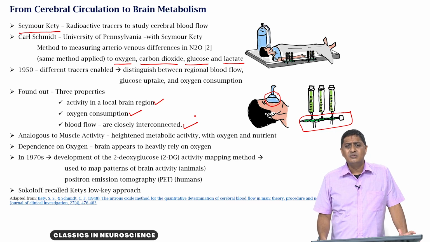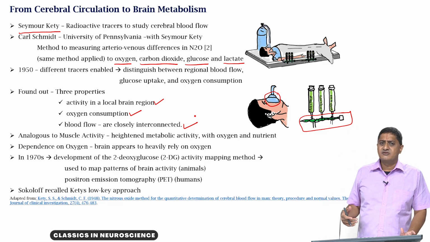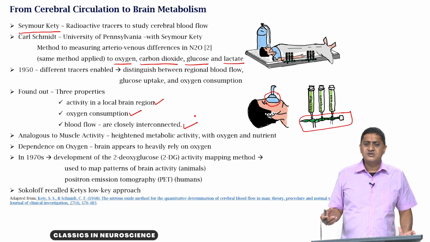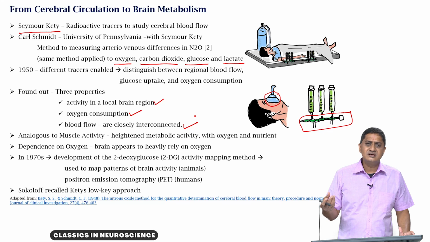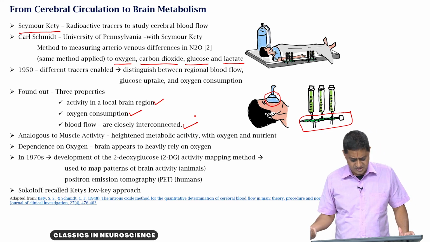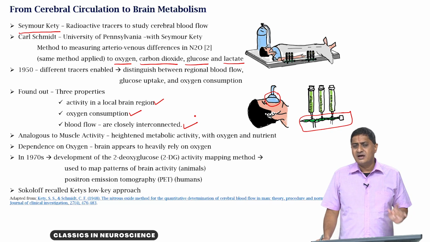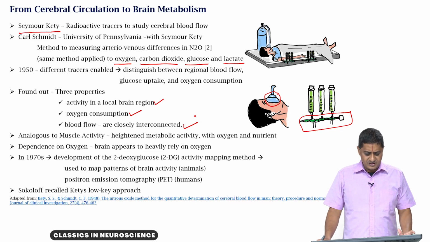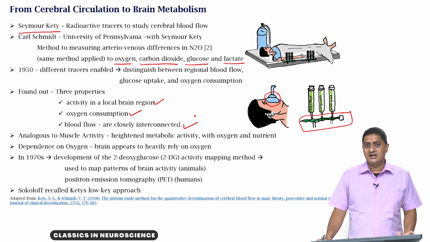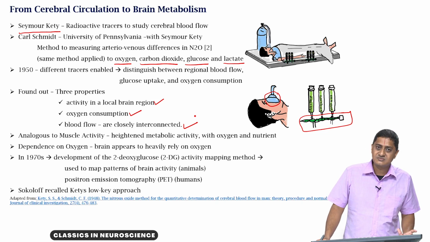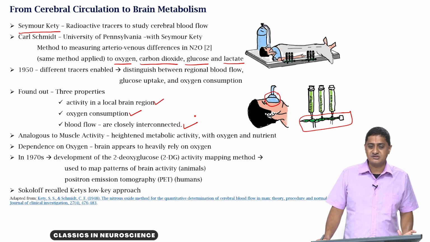Just like muscle activity, the more you use muscles, more blood is going to flow carrying oxygen, and that is going to be utilized for performing the muscle's task, which as a product of metabolism results in the oxygen getting converted to carbon dioxide. Of course, glucose is being used, except that muscle activity can also happen anaerobically. It does not always need oxygen. It can happen with oxygen, but it can also happen in the absence of oxygen.